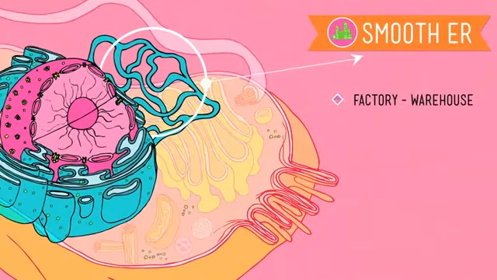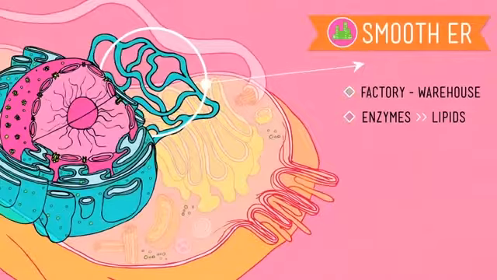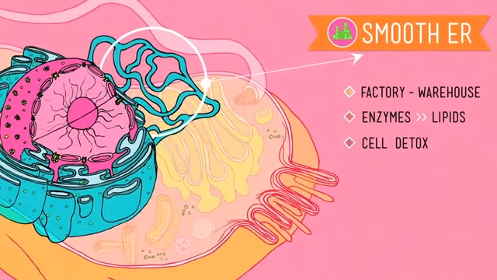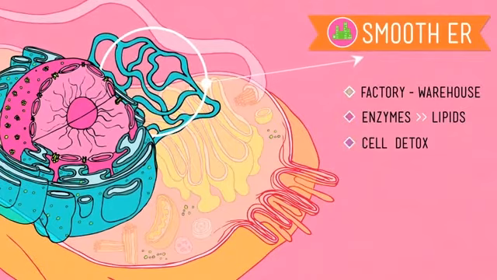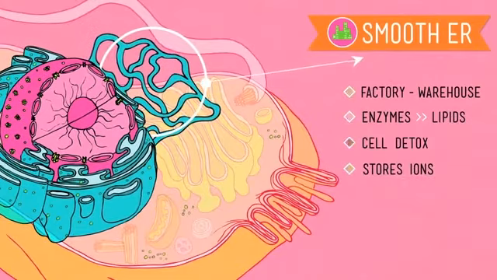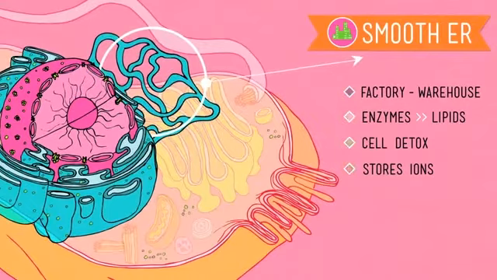Smooth ER acts as a kind of factory warehouse in the cell city. It contains enzymes that help with the creation of important lipids, which you'll recall from our talk about biological molecules. Phospholipids and steroids that turn out to be sex hormones. Other enzymes in the smooth ER specialize in detoxifying substances, like noxious stuff derived from drugs and alcohol, which they do by adding a carboxyl group to them, making them soluble in water. Finally, the smooth ER also stores ions in solutions that the cell may need later on, especially sodium ions, which are used for energy in muscle cells. So the smooth ER helps make lipids, while the rough ER helps in the synthesis and packaging of proteins.